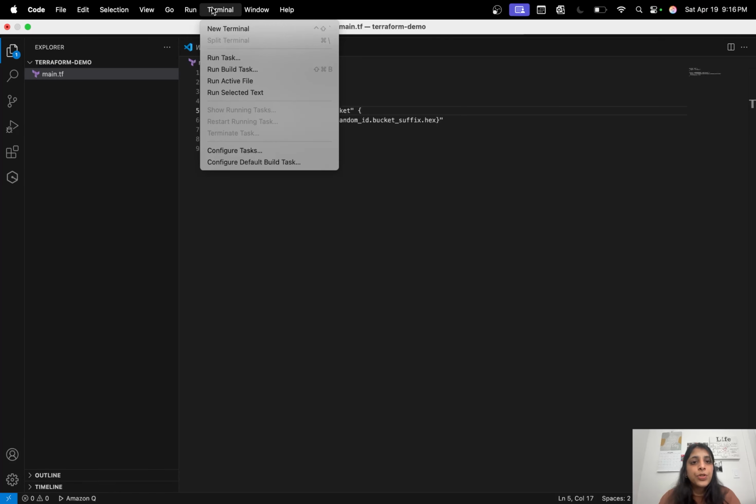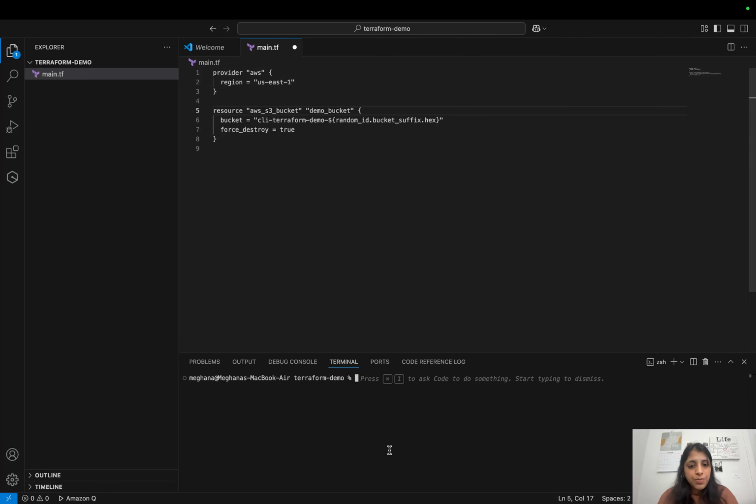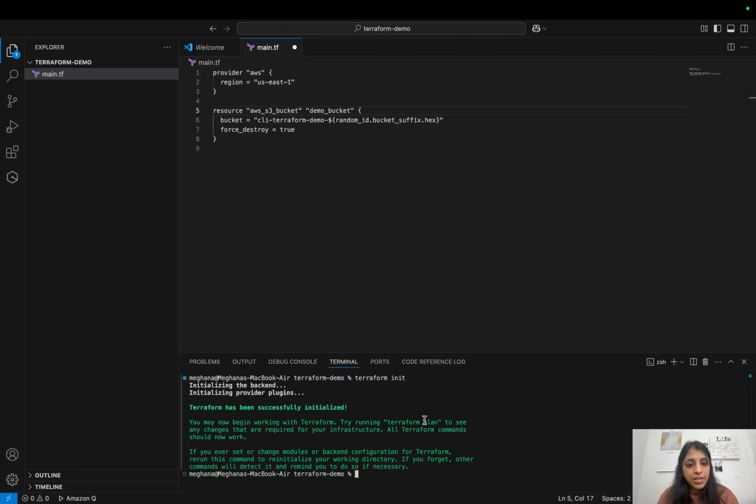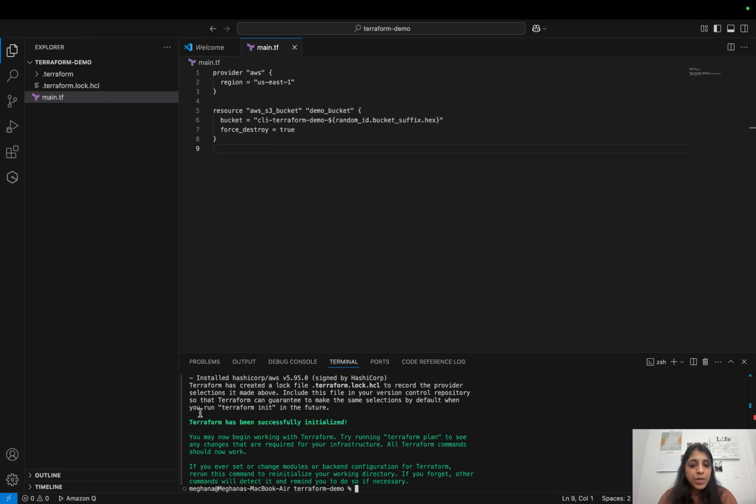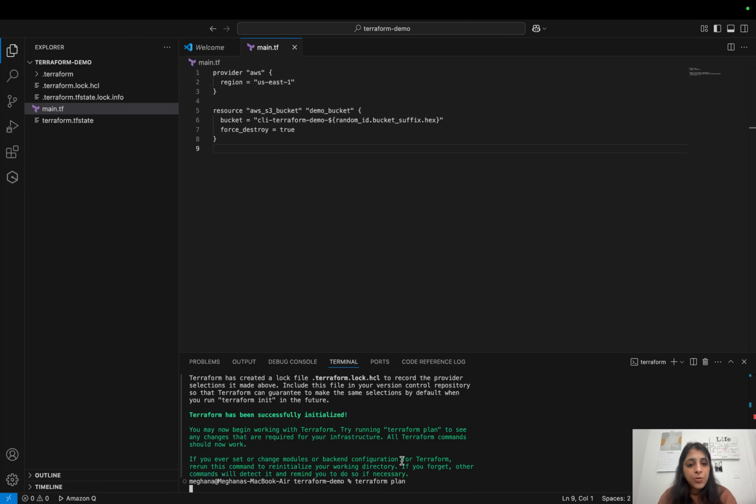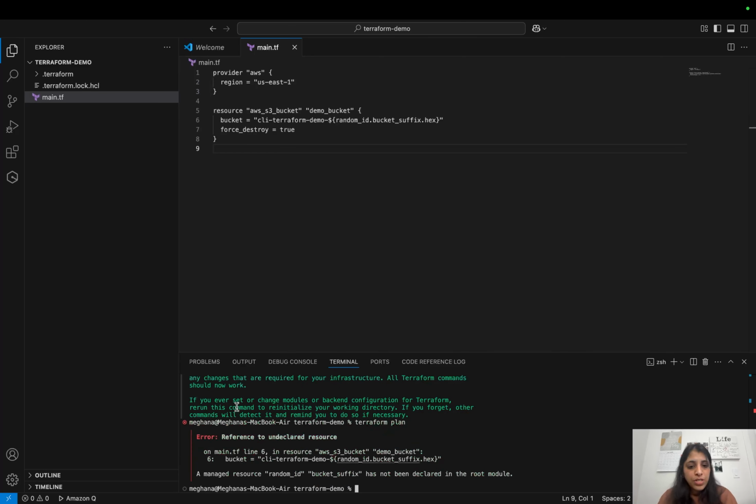Once you do that, first open a new terminal. Okay, you're already here. So you have to initialize the directory by running terraform init. What this does is set up Terraform and download the AWS provider. Now that we did that, we can just do a terraform plan. What this does is double check what Terraform plans to do before it actually does anything. So you'll see output as to which resources will be created. Okay, so once you do that,